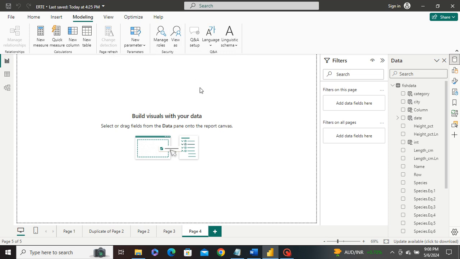Then next, Q&A setup. Q&A, question and answer, setup is a feature in Power BI that allows you to configure and customize the natural language query capabilities of your reports. With Q&A setup, you can define synonyms, phrasing variations, and custom responses to improve the accuracy and relevance of responses generated by Power BI's Q&A feature. Then next,